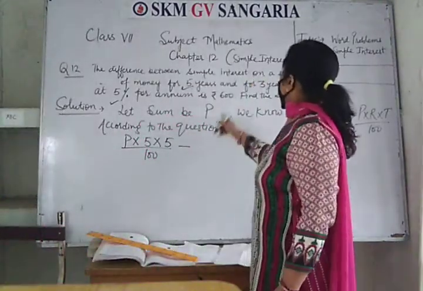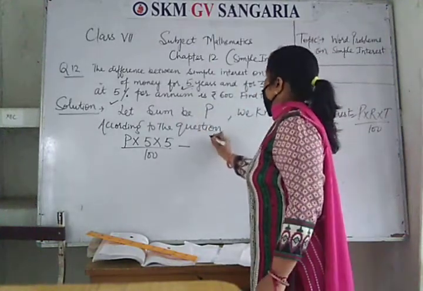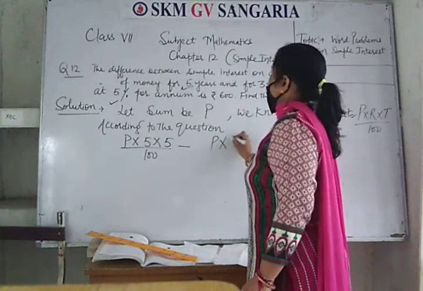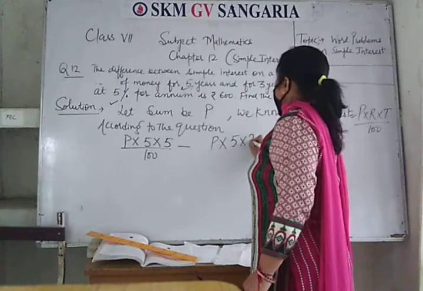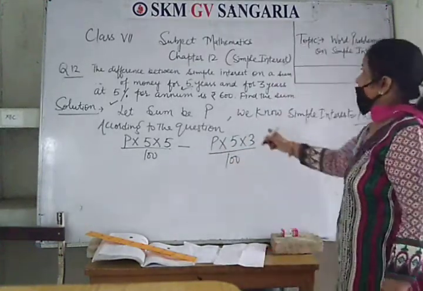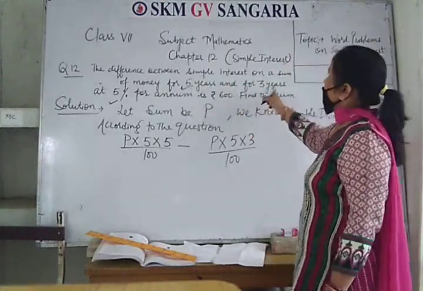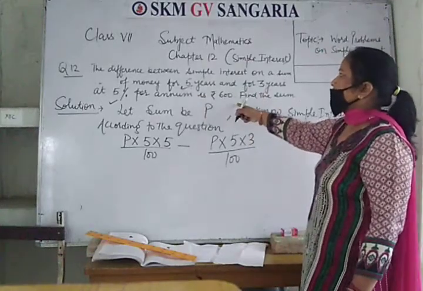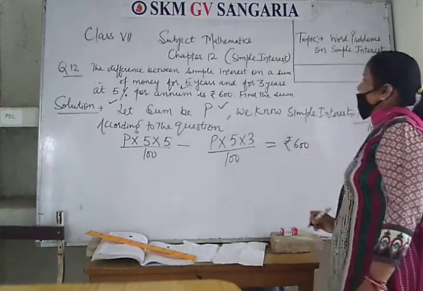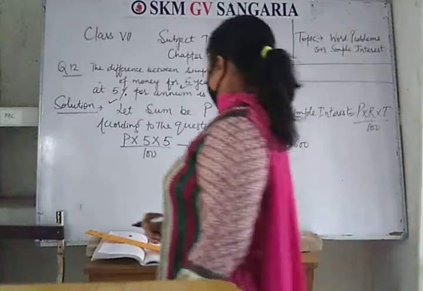Then again simple interest for 3 years at 5% per annum. Principal is P here into R into T. T is 3 years and divided by 100. That is the difference between simple interest on a sum of money for 5 years and 3 years at 5% per annum is equal to rupees 600. Okay. So now